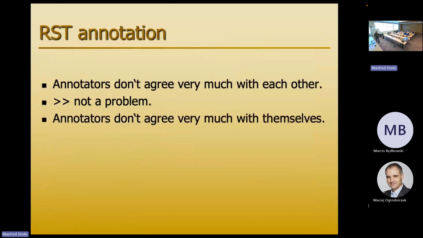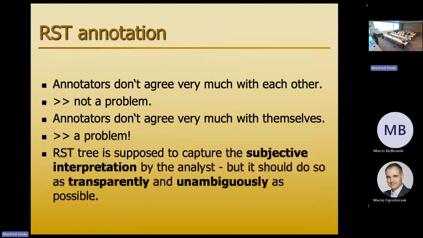Then we find annotators don't agree very much with themselves. How do I know? I ask annotators afterwards. How did you like the process? What was it? Here it could be this way or that way. I don't care really. And here, completely ambiguous to me, but still I built this tree and here's your tree. And that is a problem, I think, because in the end, our annotators should feel happy after building that tree.